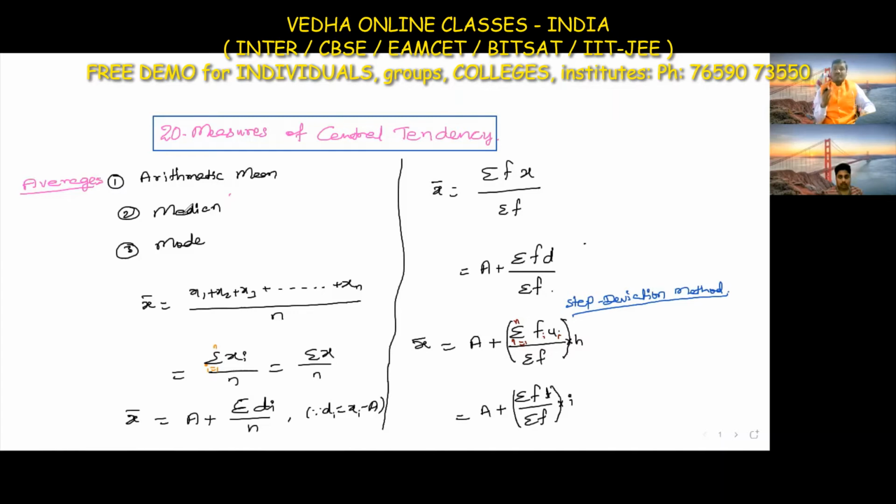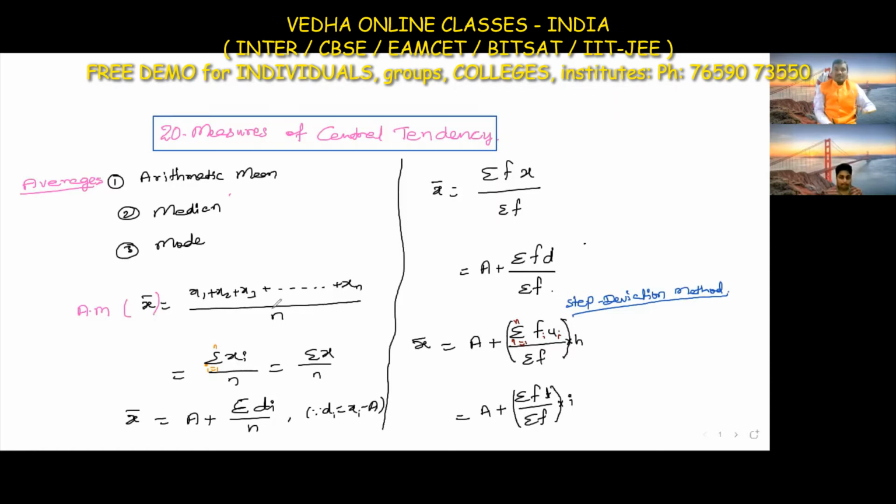Okay, in that we are going to discuss arithmetic mean in this chapter. What is the formula we are going to use for finding the arithmetic mean? Arithmetic mean AM: x bar is equal to x1 plus x2 plus x3 plus x4 and so on up to xn, divided by n. That means sum of observations divided by number of observations. We have to add all the observations in the numerator and divide by the number of observations.